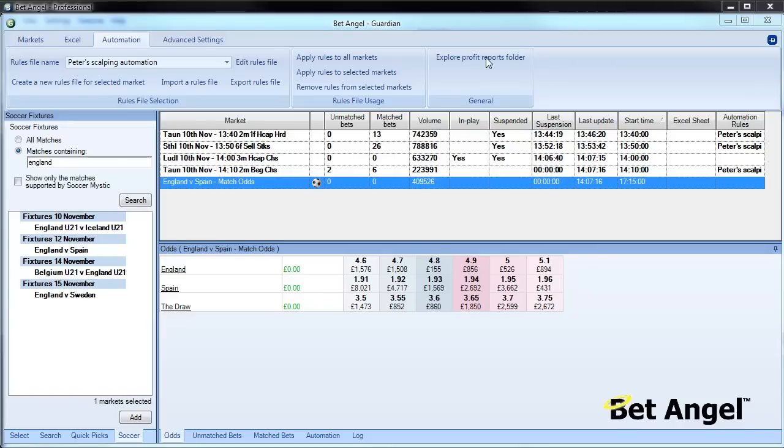So one of the great things about applying automation in this manner is that you can apply it to multiple markets at the same time, because Guardian cycles the markets, checks the conditions, runs the rules, and then moves on to the next market. So all of this can happen in the background, and that means that you can add different sports with different